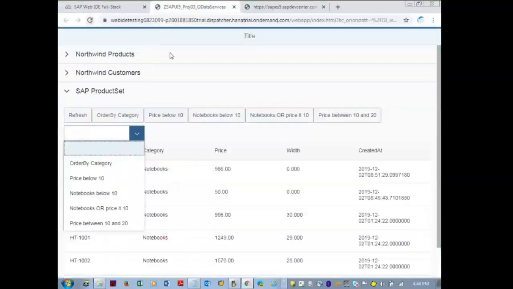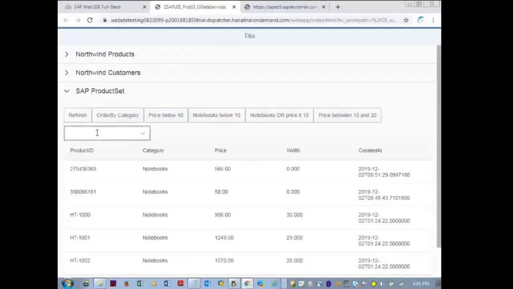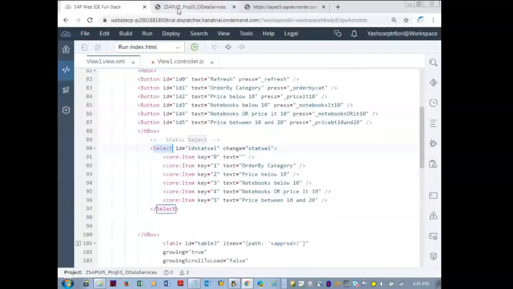For more varieties of the combo box, you can refer to the demo kit. Varieties are there, but this is the starting point: how to use the select, how to have a combo box. So this is a free text now. If I just want notebooks, when I type N, that text will be pulled. That's the only thing with the combo box. It depends on your client. If the client asks for a free text, use the combo box; otherwise, generally just use the select control.